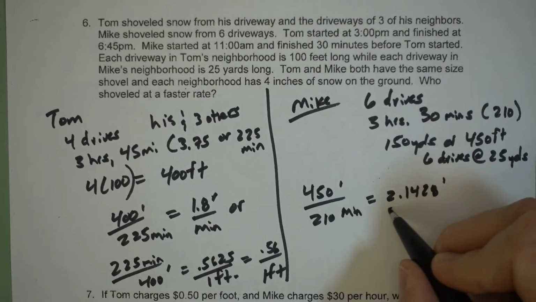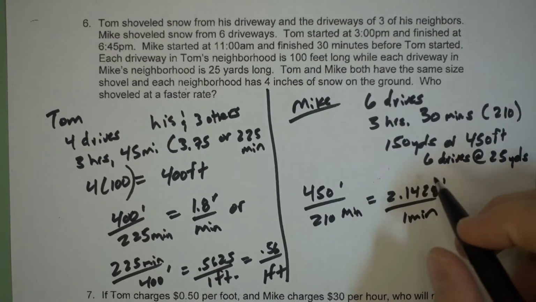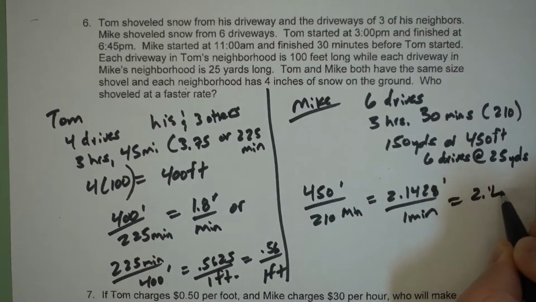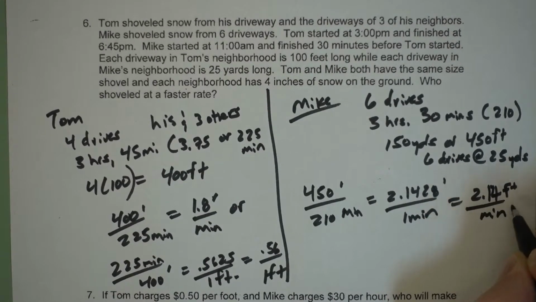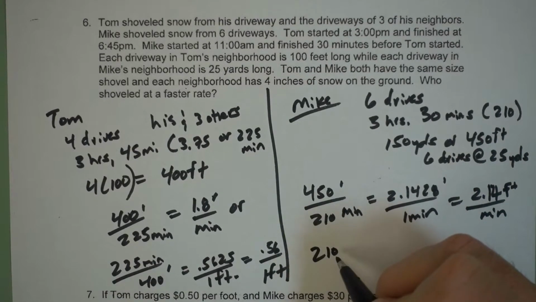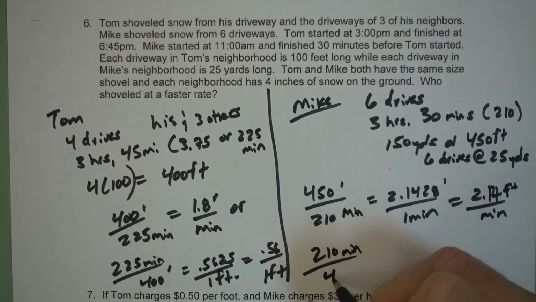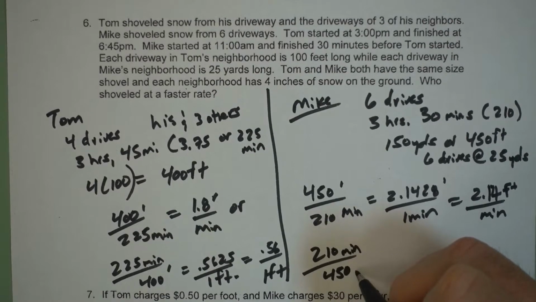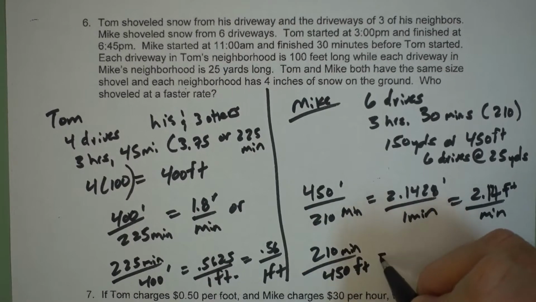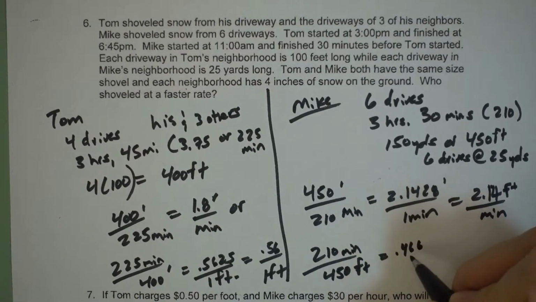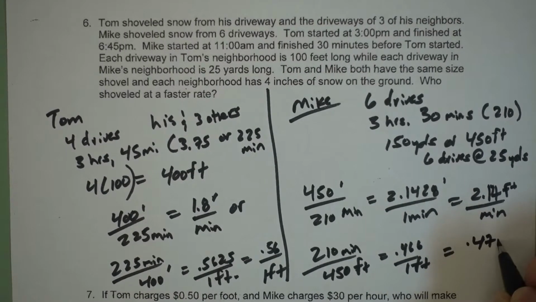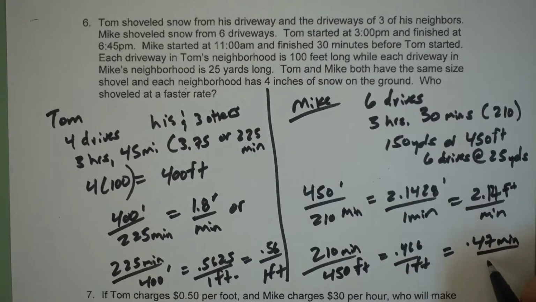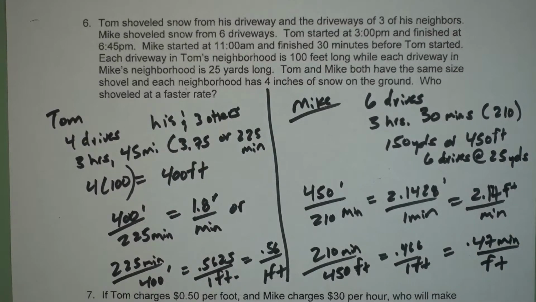2.1428, equals 2.14 feet per minute. Or 210 minutes with 450 feet equals 0.466, so 1 foot equals 0.47 minutes per foot. So